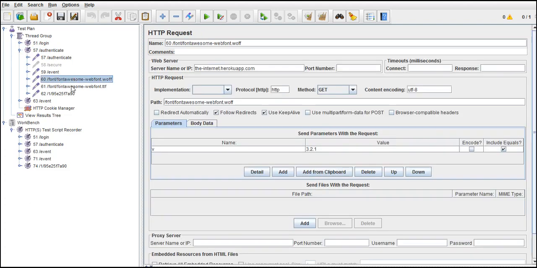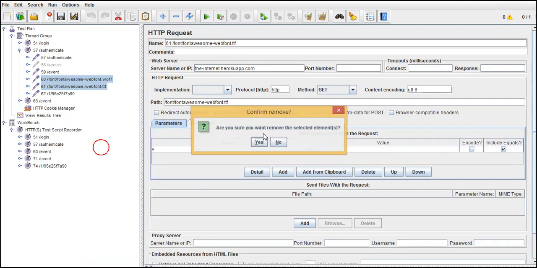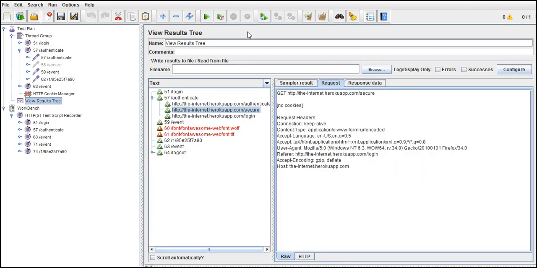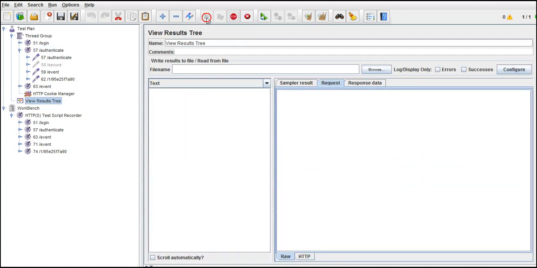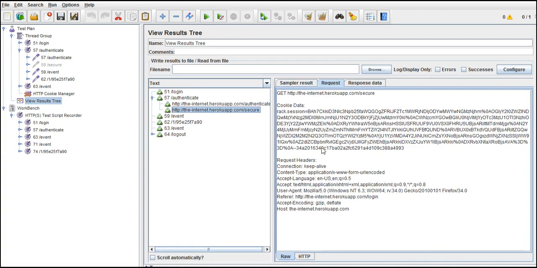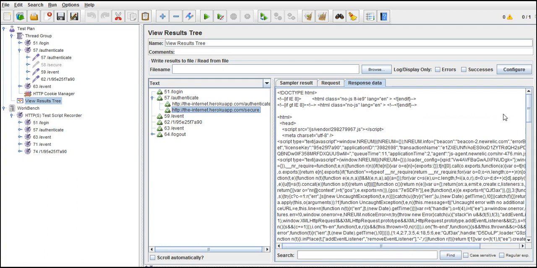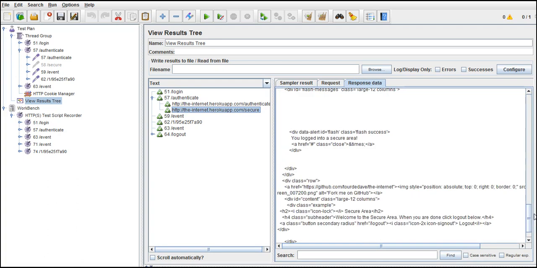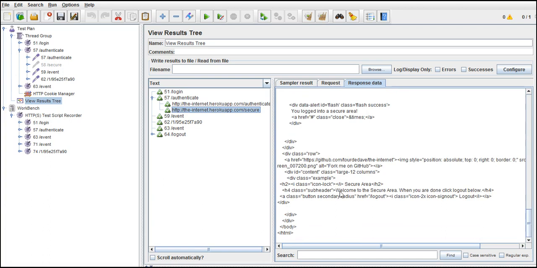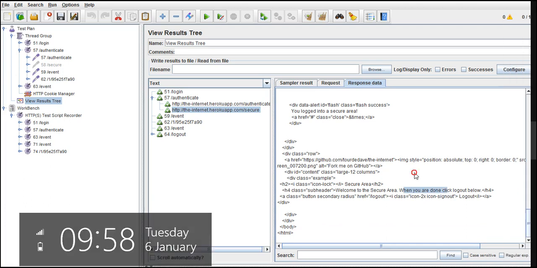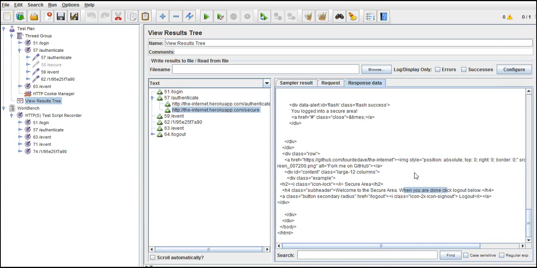You can delete these two now. I hope it should work now. Save all and run it. Okay, and response, authenticate. Yep, see that, welcome to secure area. That means we got a successful response when we authenticate, saying that we are on the home page after logging in. When you click, logout.